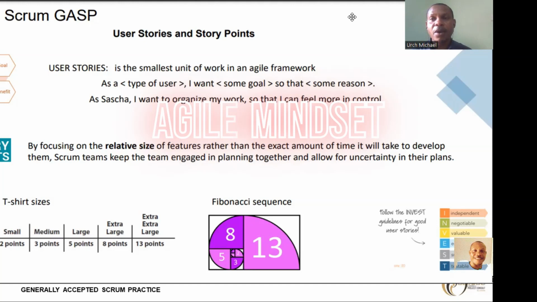Now, if my DPC and block forming is more difficult than my casting, I'm going to give it large. If the suspended slab is more difficult than the block work, I'm going to give it extra large. Now, based on that, I'm going to assign story points.